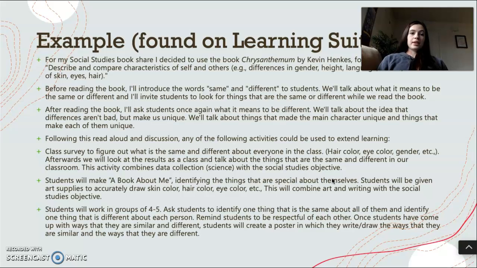And then after the read aloud and discussion, she lists 3 activities that you could do. So you can have a class survey and talk about similarities and differences and maybe graph it. So I guess that's how you can do some science standards. She doesn't link the standards, so maybe try and just link the standards so it's really clear for teachers too to know, oh, okay, this is what it's doing.